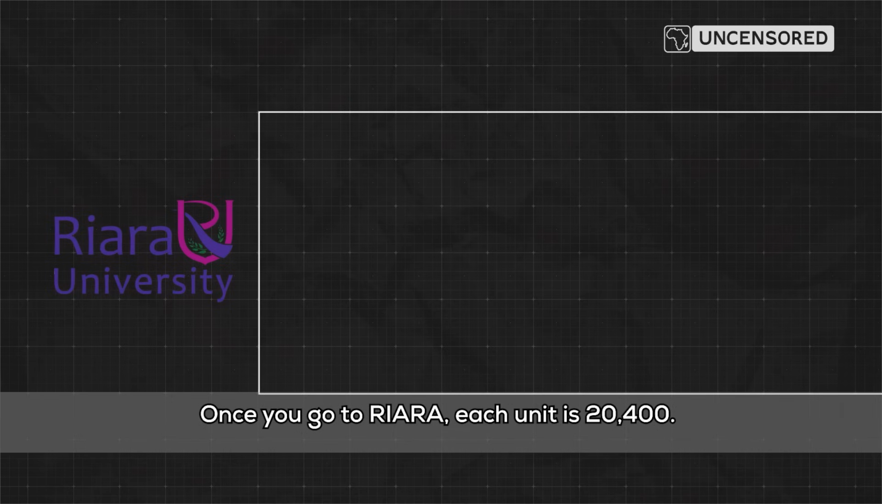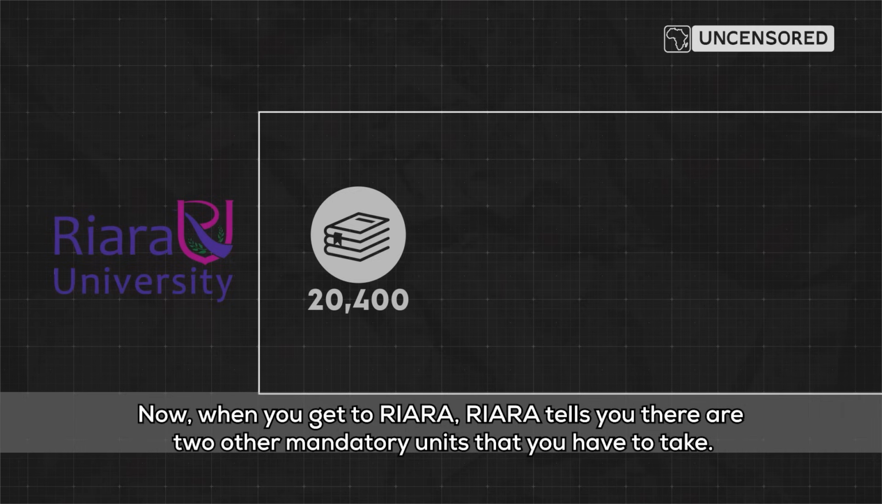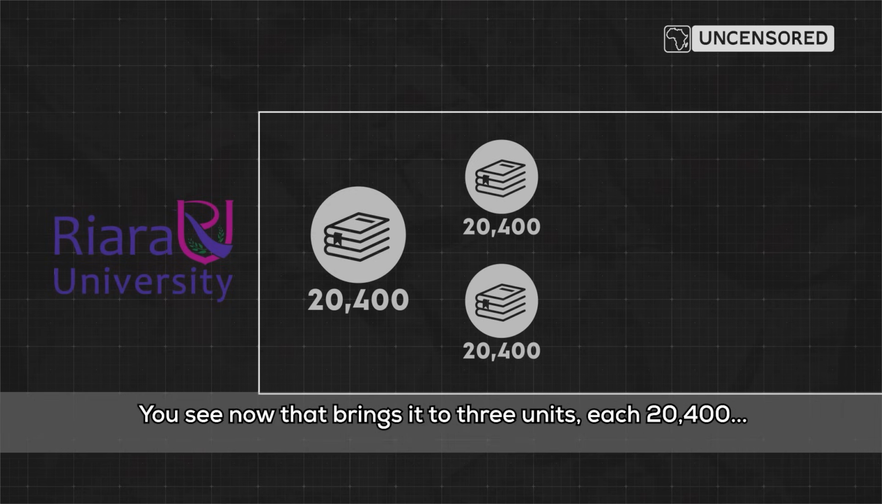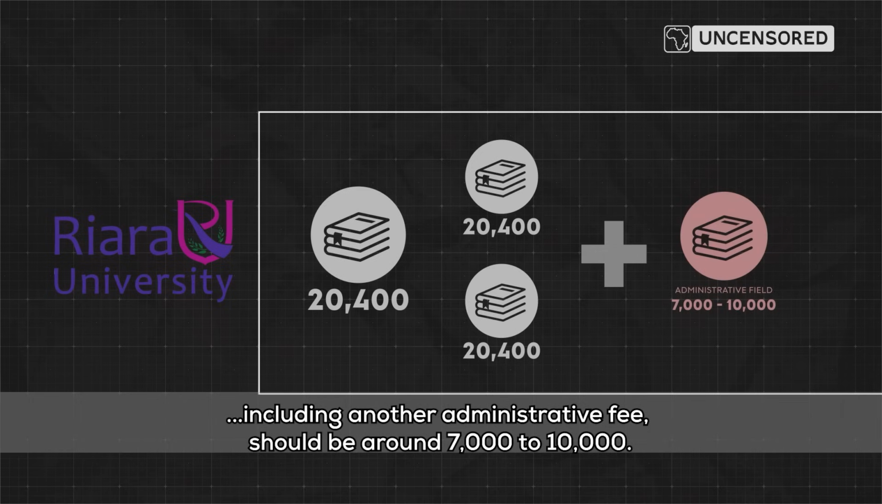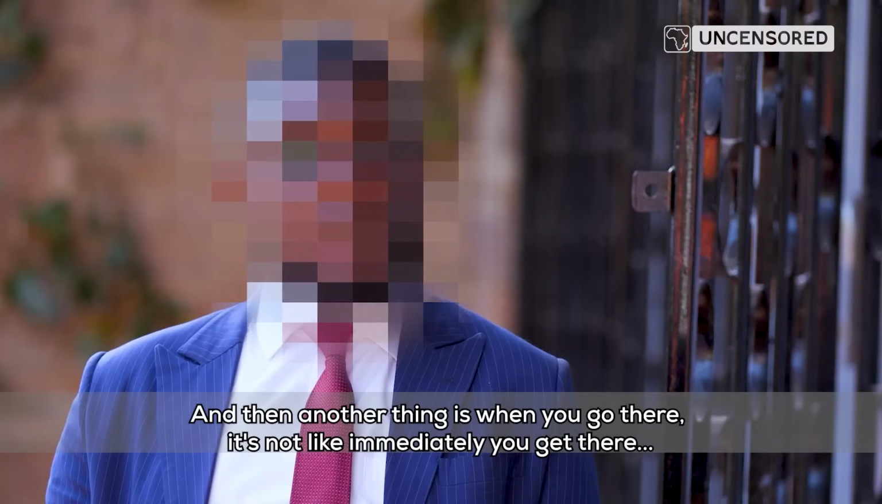Once you go to RIARA, each unit is 20,400. Now when you get to RIARA, they tell you there are 2 other mandatory units that you have to take. You see, now that brings it to 3 units, each 20,400, including another administrative fee, which should be around 7,000 to 10,000. Okay. And then another thing is when you go there,